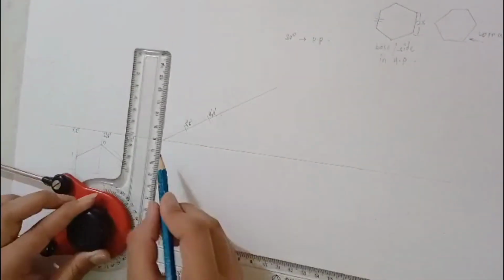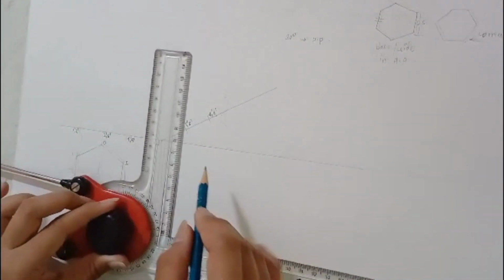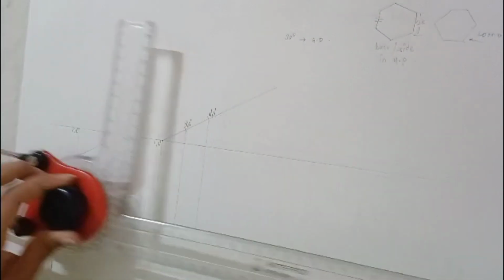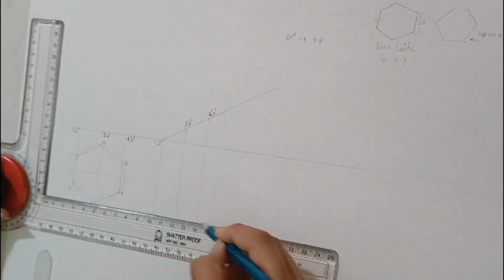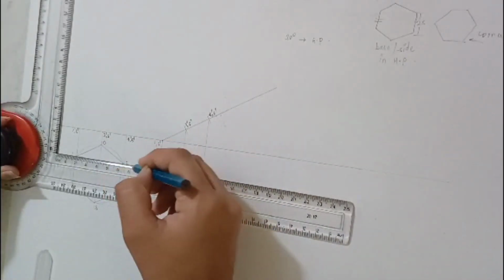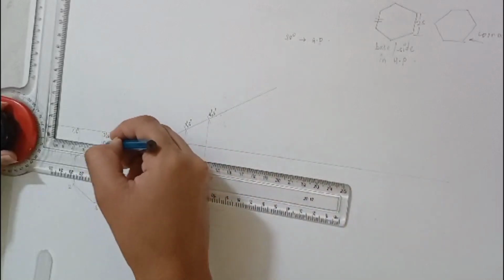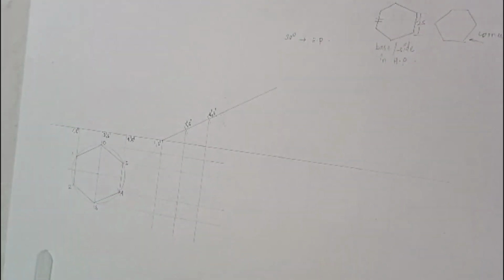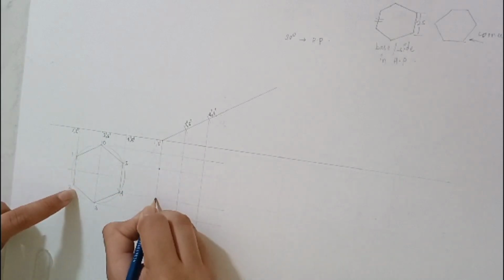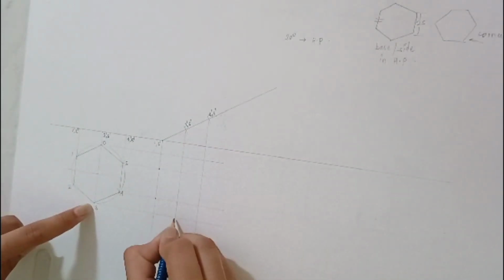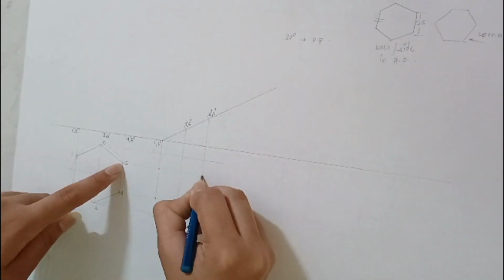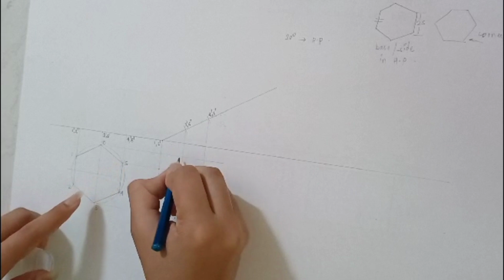Now drawing a projection line passing from these points in the downward direction, and then similarly drawing a projection line passing to the points from the true shape. So here we have made a projection line passing through the points above the xy plane and similarly from the true shape below the xy plane. First we need to obtain top view of a regular hexagon.